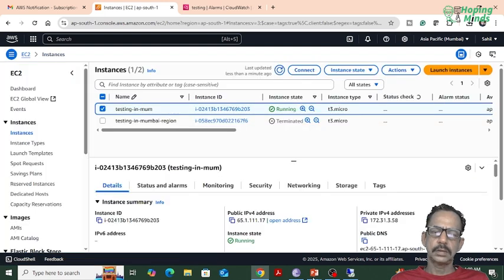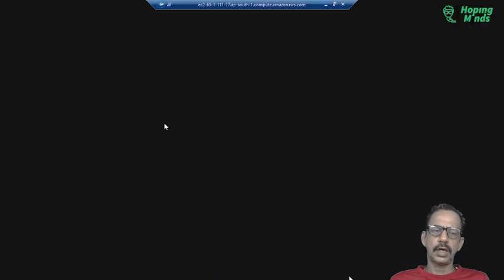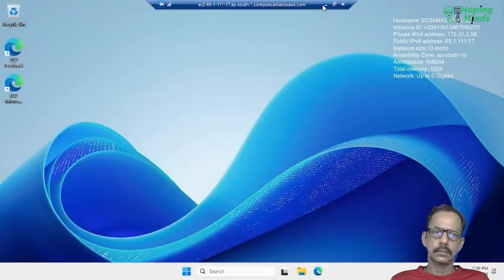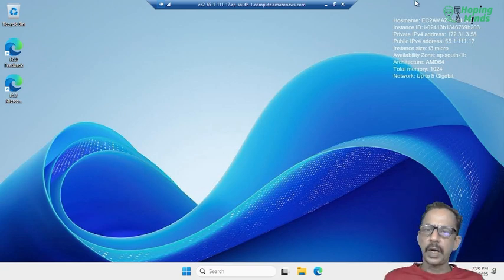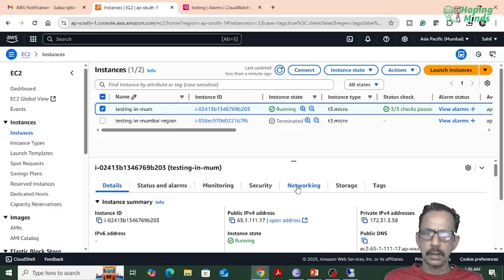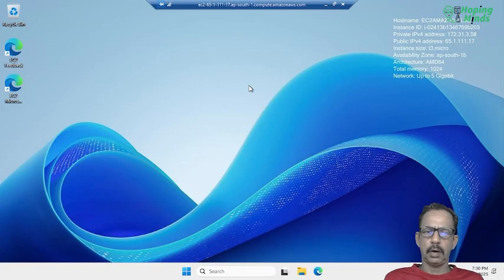How can we do that? I already logged in here. You can verify, the public IP is 65.1.111.17. So to increase the load here, we don't have any application, so we try a trick by creating